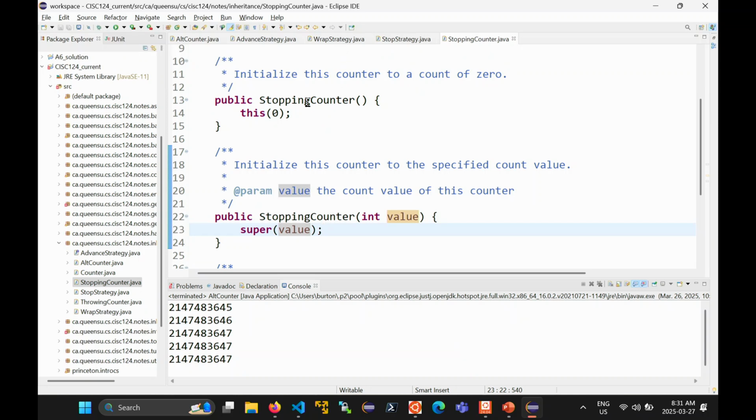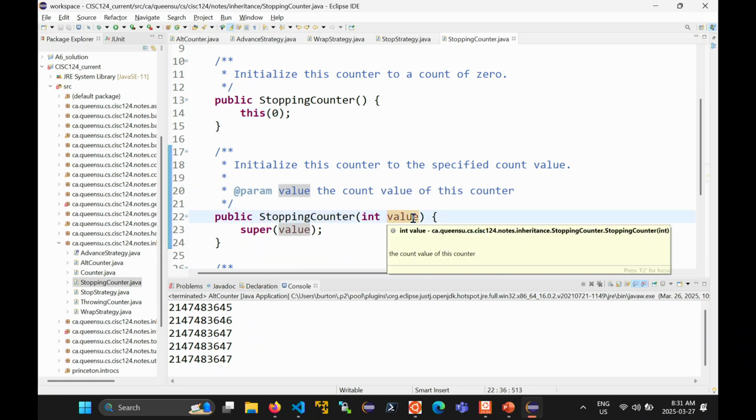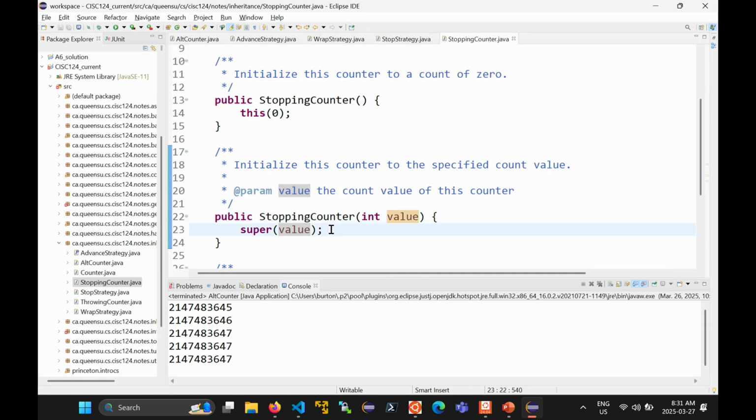Right? On this line here, we're calling another stopping counter constructor. So we're calling the second constructor, passing in 0 for the value of the counter. In the second constructor, we're calling the superclass constructor. So now we're calling the counter constructor, passing in the value to the counter constructor,